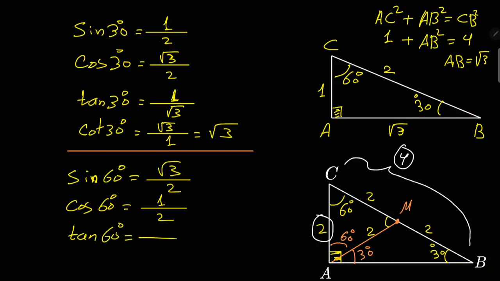Tangent 60 degrees is the opposite divided by the adjacent, which is square root of 3 divided by 1. So the answer is square root of 3. And the cotangent of 60 degrees is the adjacent divided by the opposite, which is 1 divided by square root of 3. Or you can say the cotangent of 60 is actually the reciprocal of the tangent, and you can say the cotangent of 60